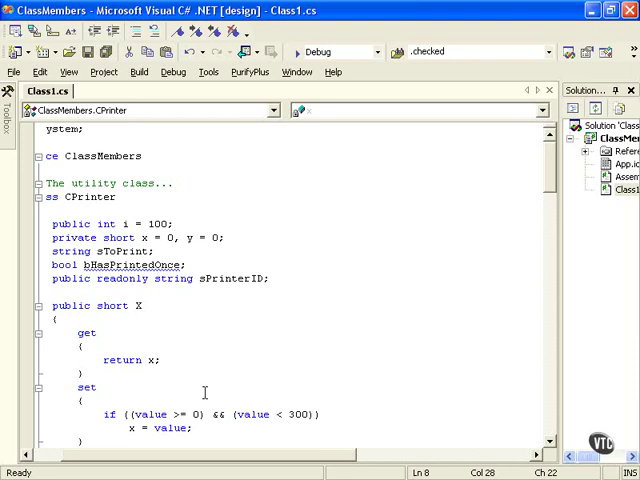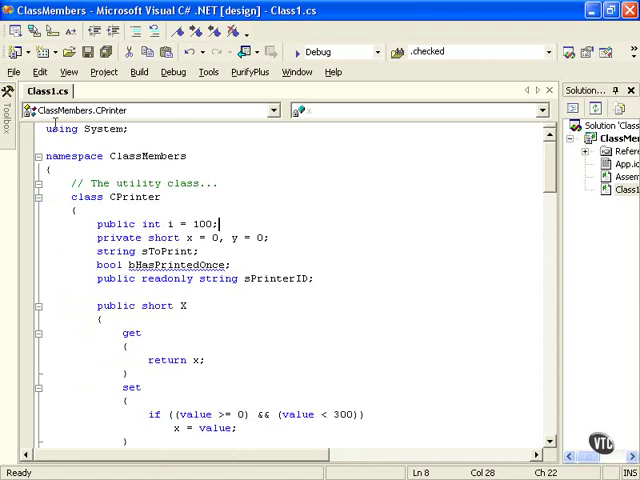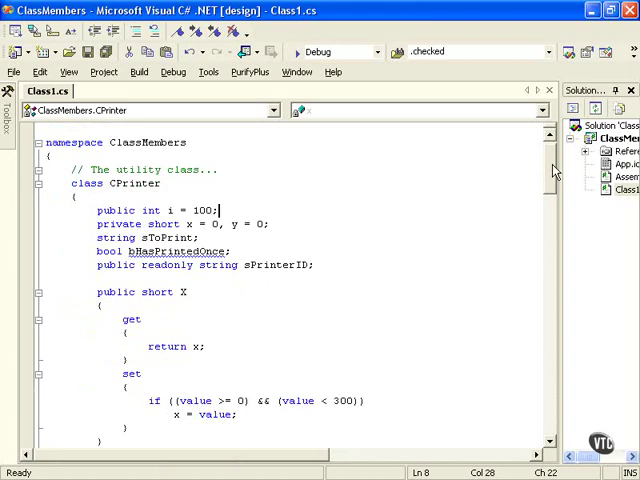Custom constructors and overloaded methods. Let's open up a class members project within your classes folder, and we're going to discuss custom constructors and overloaded